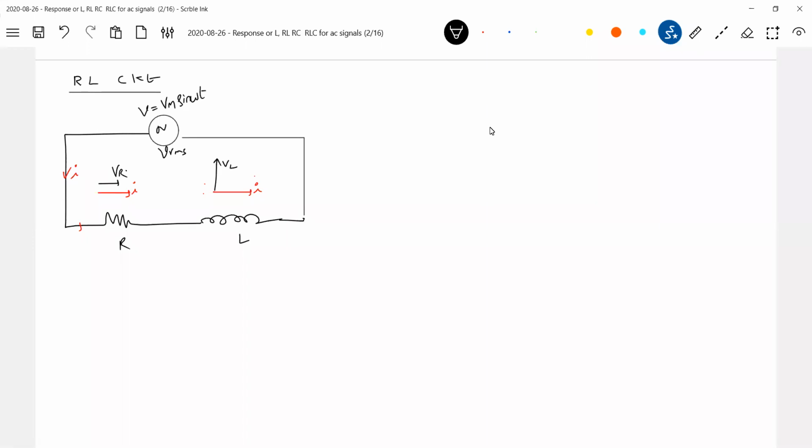I am assuming 0 phase for the applied voltage. You see that one, I didn't write any phase. Try to see here: sine omega t plus, there's no phase here. So what is the phase of applied voltage Vrms? It is 0 phase. Like that you can think of it. Or, no sir, I'll assume the current having some phase. Then the applied voltage will have some phase which we don't know, that we have to find out here.